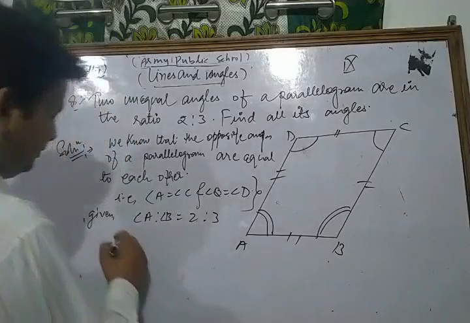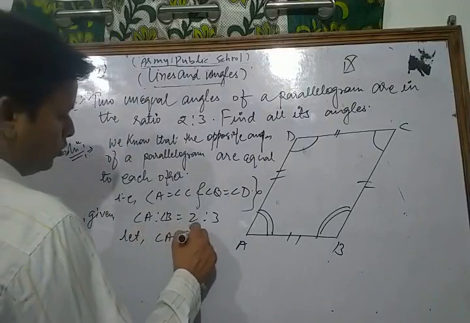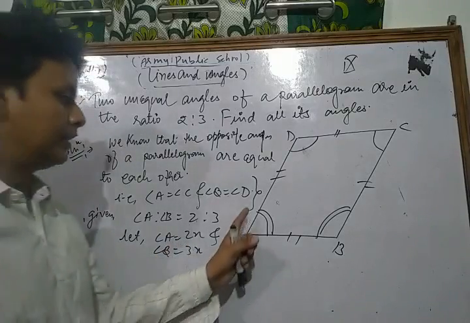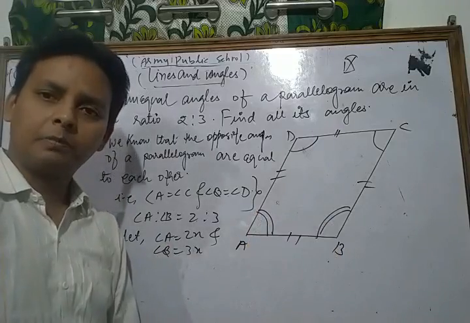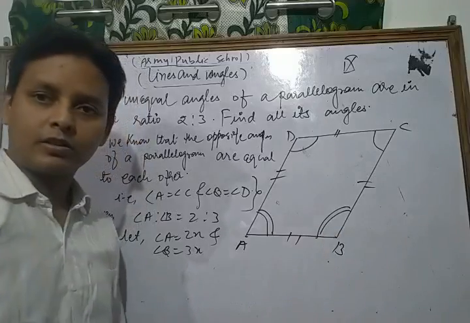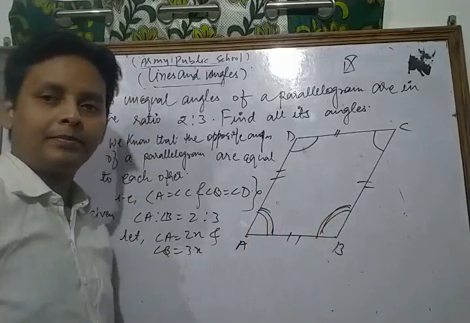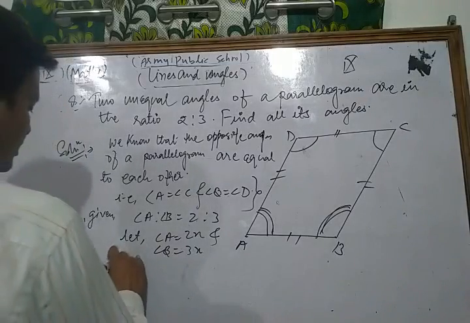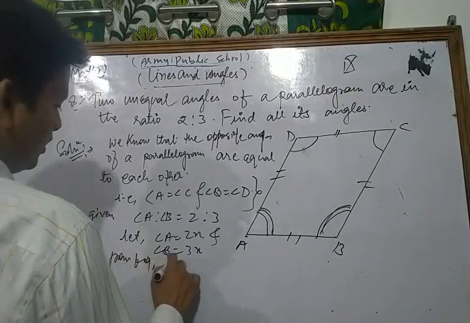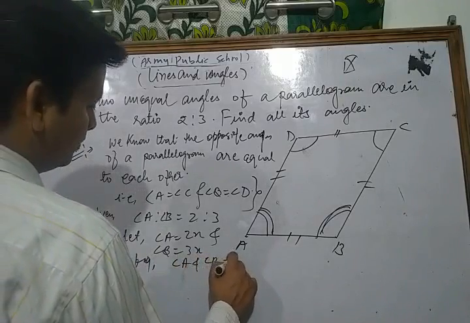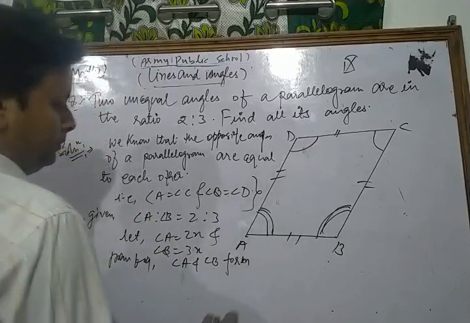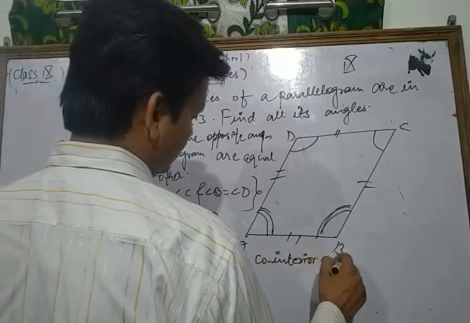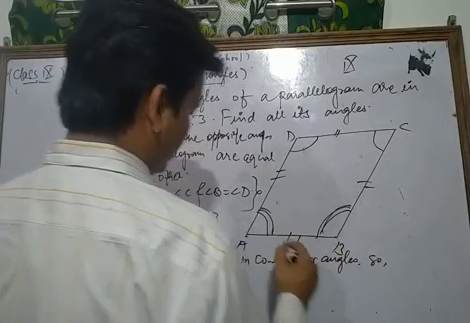Now let angle A be equal to 2x and angle B be equal to 3x respectively. Now let's see here, AD and BC are parallel and cut AB as a transversal. Then angle A and angle B form co-interior angles, right? Yes. From the figure, angle A and angle B form co-interior angles. So their sum of measures